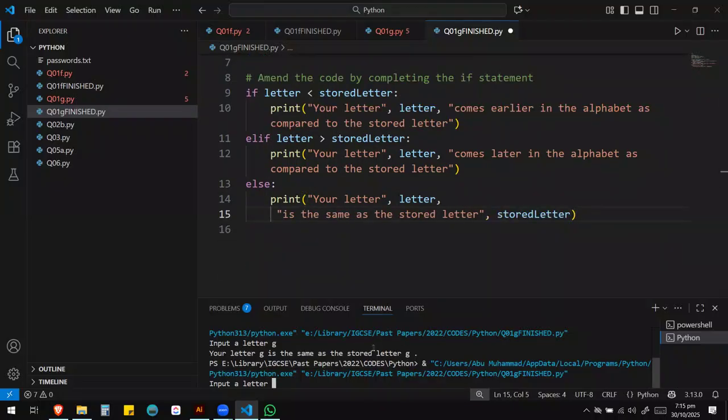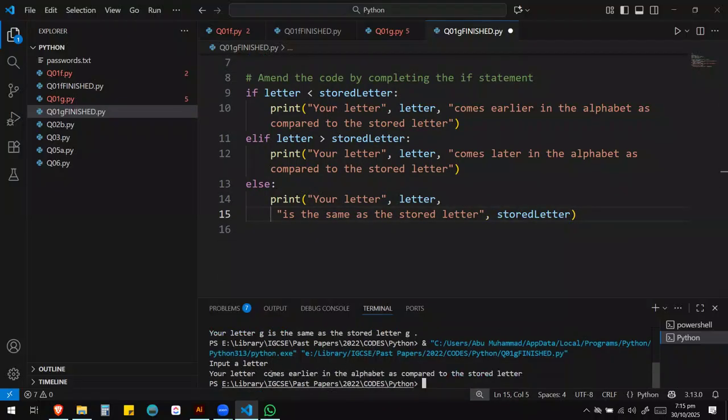I'll press enter here, and you'll see it picks up one of the statements, because a blank character also has a code which is less than everything else. So that's why it says your letter, whatever, which is empty, comes earlier in the alphabet as compared to the